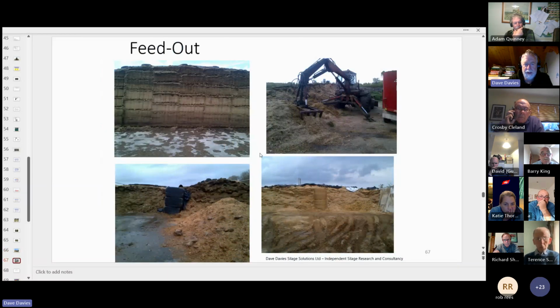I thought I'd just share you this slide. This one's Estonia. This one's actually in the Ukraine. This was in Lithuania. And this one's in the UK. And the only one that's anywhere near any good is this one in Estonia. Now, hopefully, I'm talking to a group of farmers that are managing their clamps more like this. If you're doing any of these other operations,